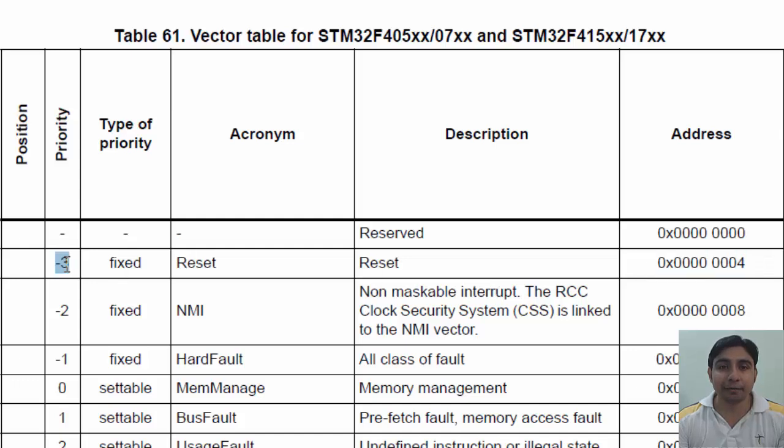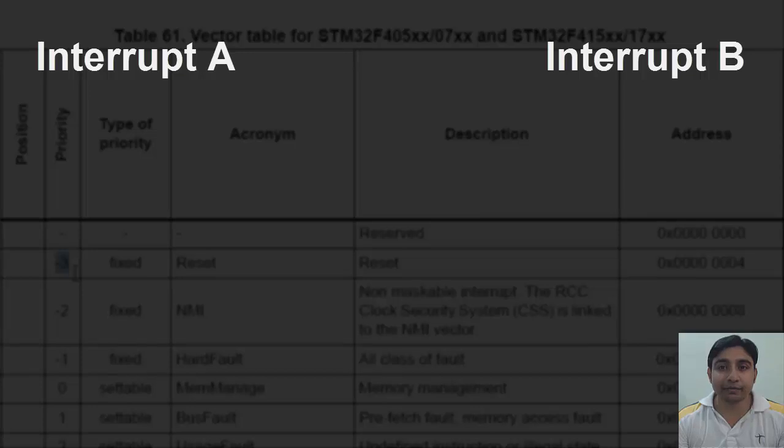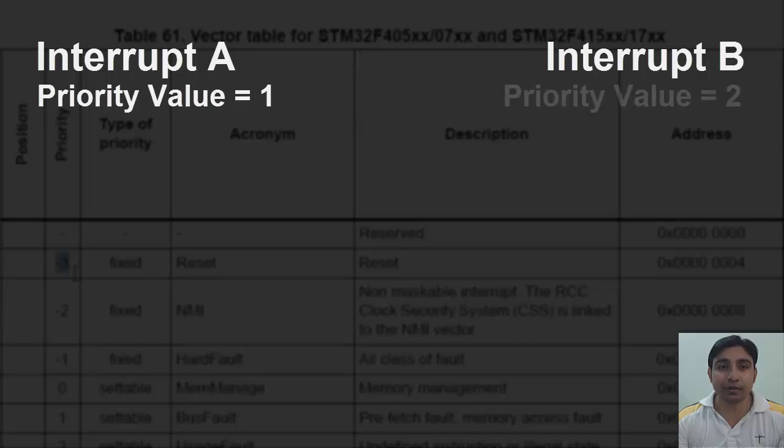We have priority -3. Here priority means if a situation occurs where two interrupts occurred at the same time, which interrupt will be served first by the microcontroller? A low priority number means high priority. Let's suppose we have two interrupts, interrupt A and interrupt B. Interrupt A has priority value 1 and interrupt B has priority value 2, and somehow both occurred at the same time.